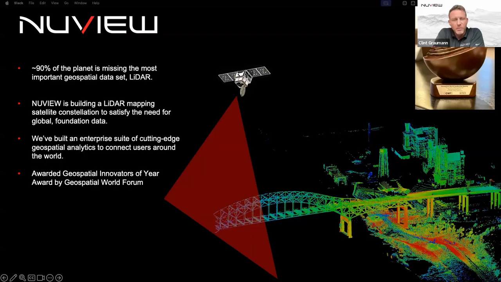And it immediately started making me ask the question of why. And once we got through all the physics challenges and the engineering challenges to get to where we are today, we realized as well that 90% of the planet doesn't have this high quality, scalable, high accuracy geospatial data set. And so to shorten the story, we decided to build this system